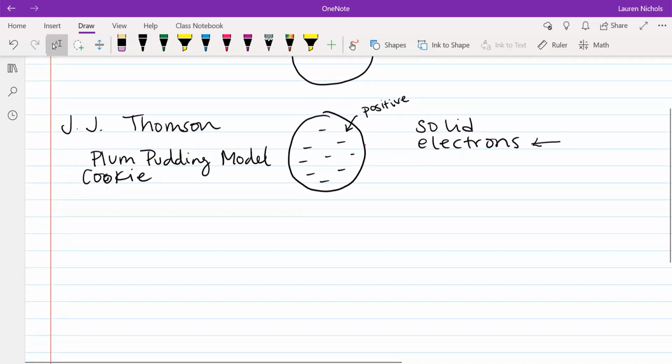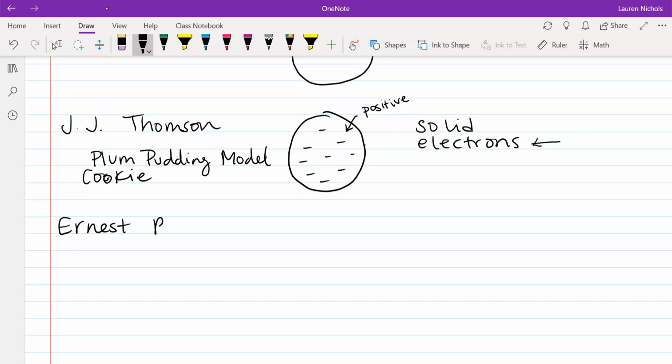And so after J.J. Thompson came this guy named Ernest Rutherford. And Ernest Rutherford did this experiment using gold foil. The reason why he was doing this was he had discovered these alpha particles, these tiny particles. So what he did was he had a piece of gold foil like this, and he had little detectors or sensors